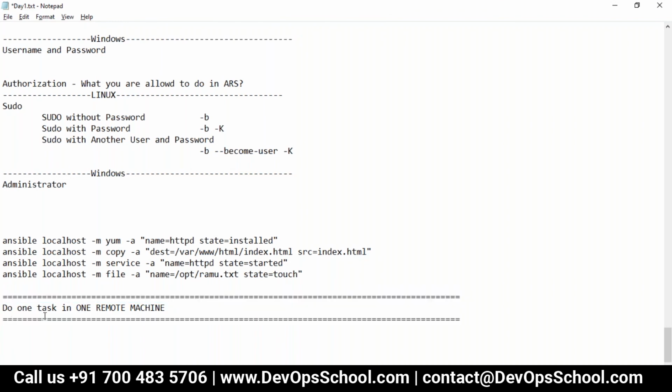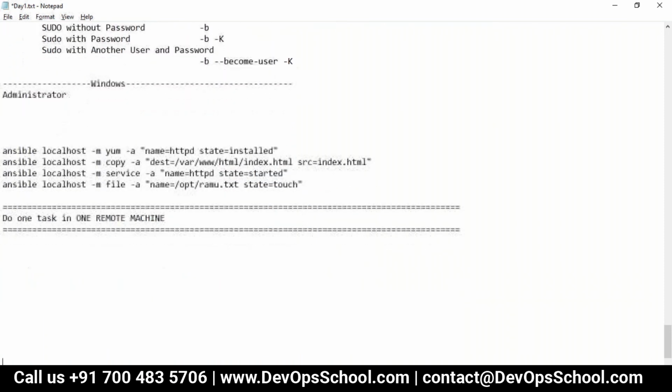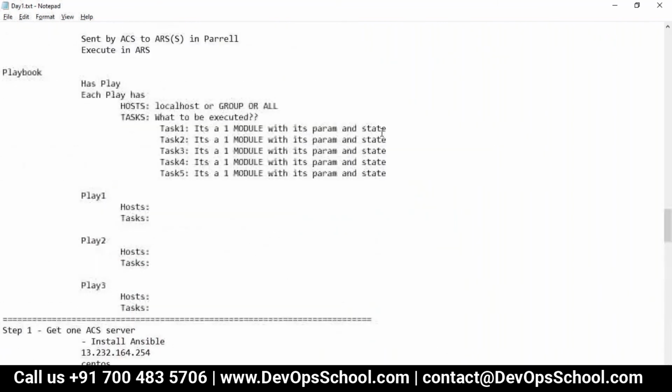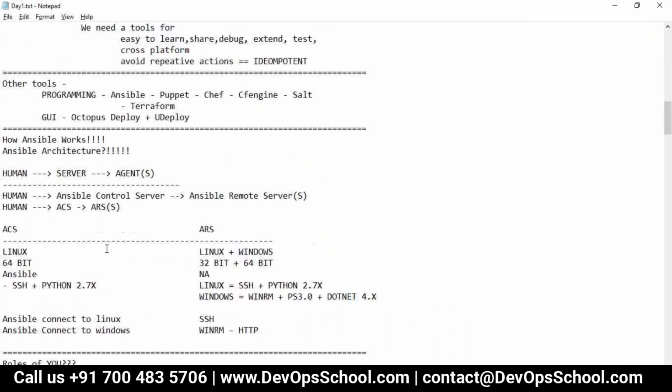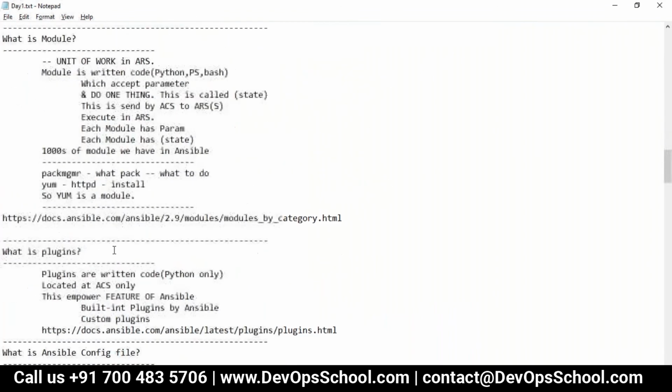Okay, so can we do the remote machine, guys? So I need to have one IP address of a remote machine. Can we have the IP address of a remote machine? Let's do that. This is the IP address which I'm using as a remote machine.